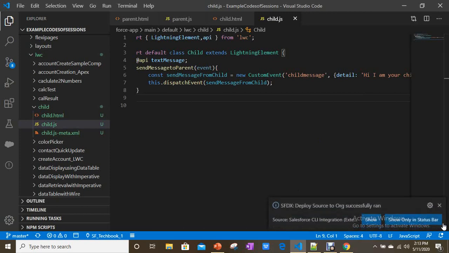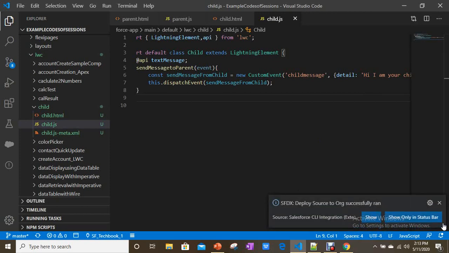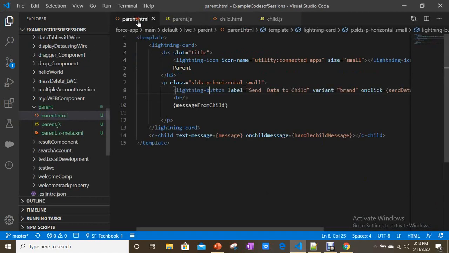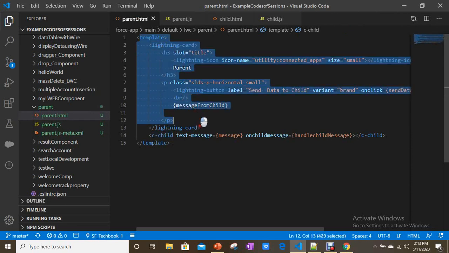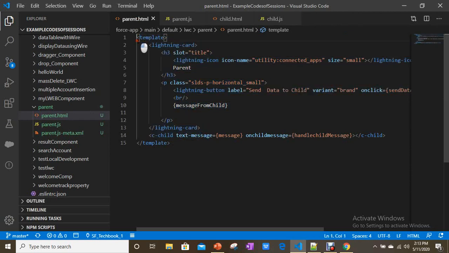Now how can we communicate between different components which are not in the same DOM tree? So what is the same DOM tree basically? If you see, this child component we are using in the parent component. That means it is under the same document object model. But if these two components are isolated, not in the same DOM, then how can we communicate? We can't communicate with the event. Then you have to communicate with the publish subscribe pattern.